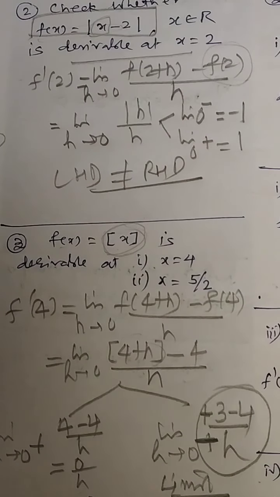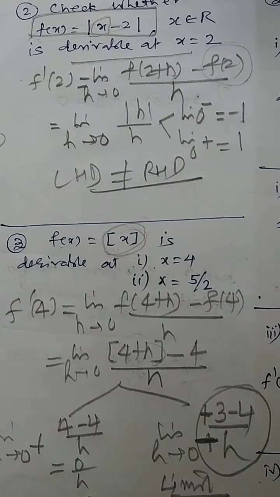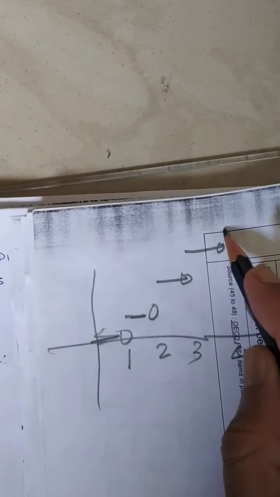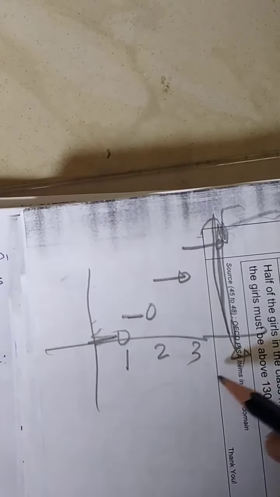So the greatest integer function is not derivable. Exactly what is this point, I will show graphically. As you know, the graph of the function is nothing but a step function. 0 over here, here it is 1, this is 2, here it is 3, and this point is nothing but 4. So if you are moving here, 4 negative will be nothing but this answer, 3. And 4 positive is nothing but your answer as 4. So the difference is there over here. Similarly 2, this is not derivable at 2, because 2 positive will be 2, 2 negative will be 1.